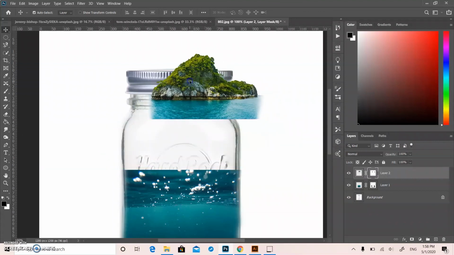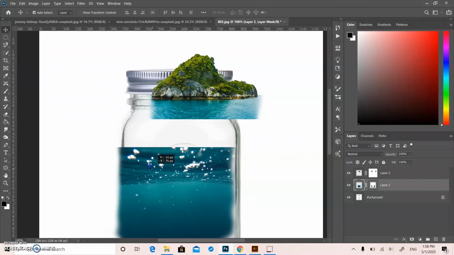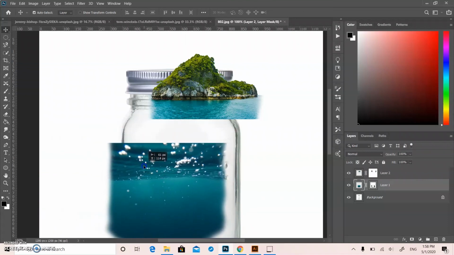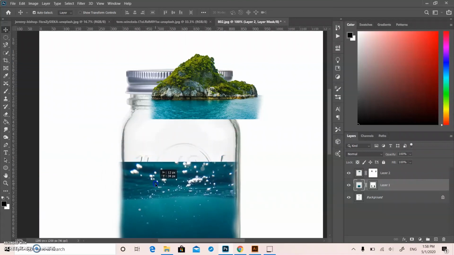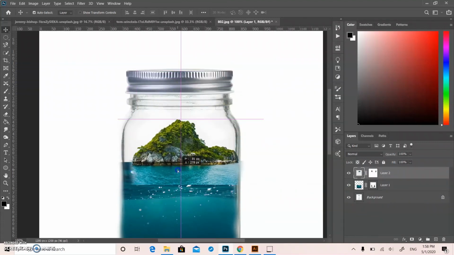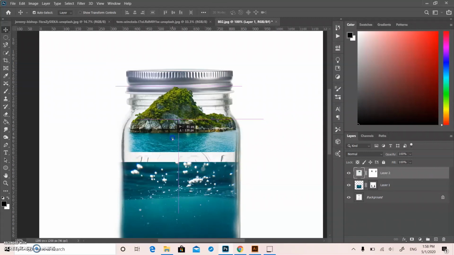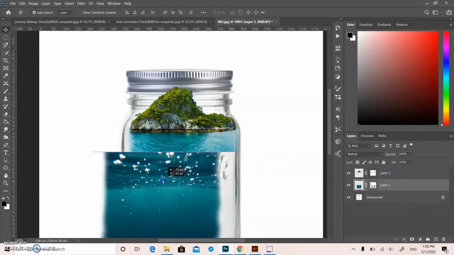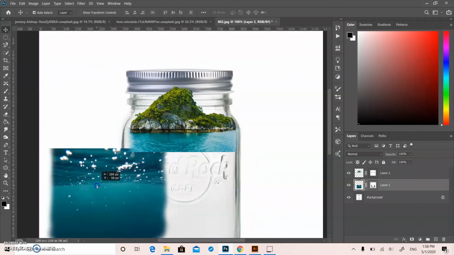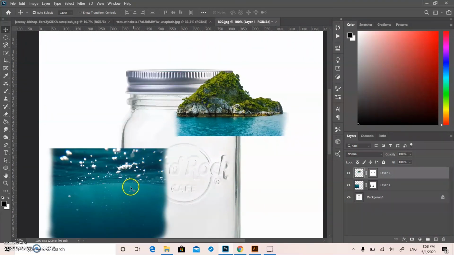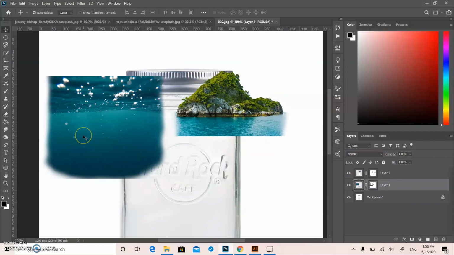So this is where we run into some trouble, because we don't want the top of this portion of the water. So what we're gonna do is we're going to kind of crop this in a way. So we're just gonna make this smaller. So to do that, I am going to